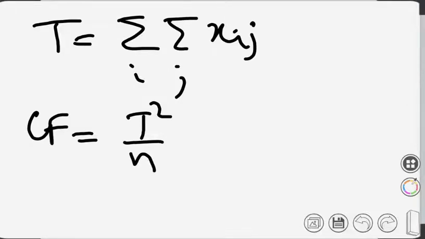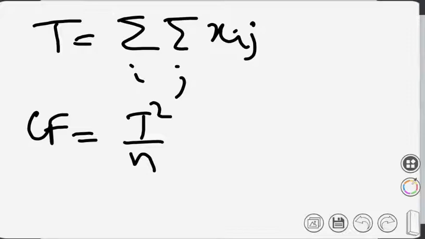So there is a correction factor, and that is the adjustment that has been done because there are certain calculation errors. We are not discussing the theory here. Our only concern will be the values. These formulas are important. You have to calculate the values accordingly. So T means double summation. That means you have to sum by the rows as well as sum by the columns.